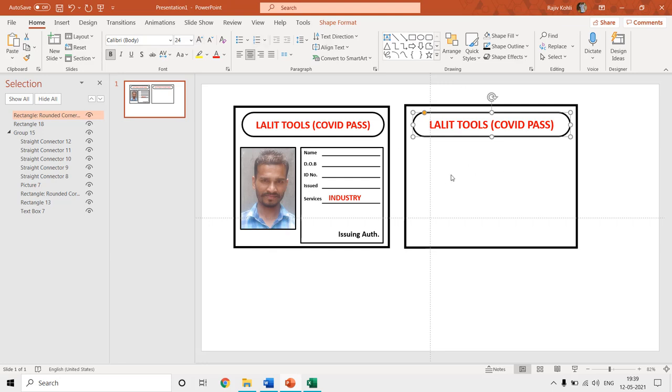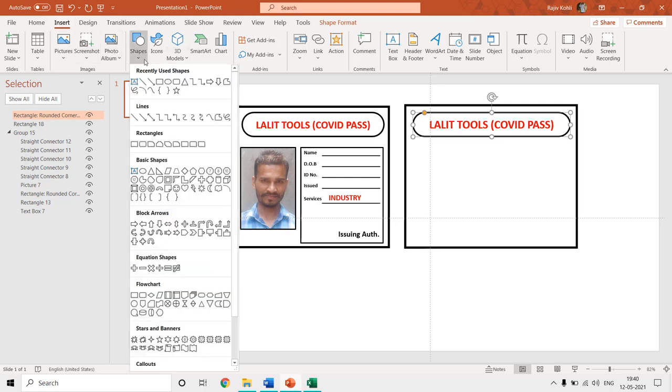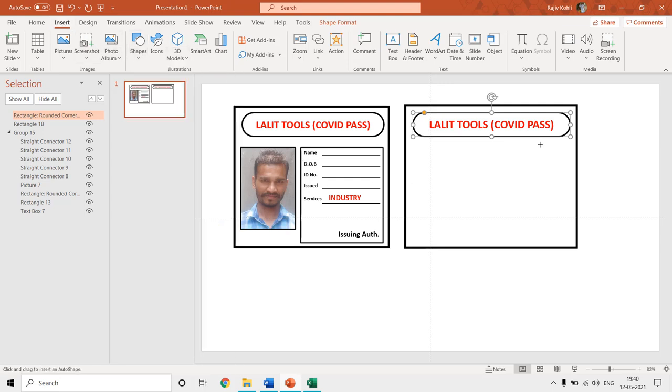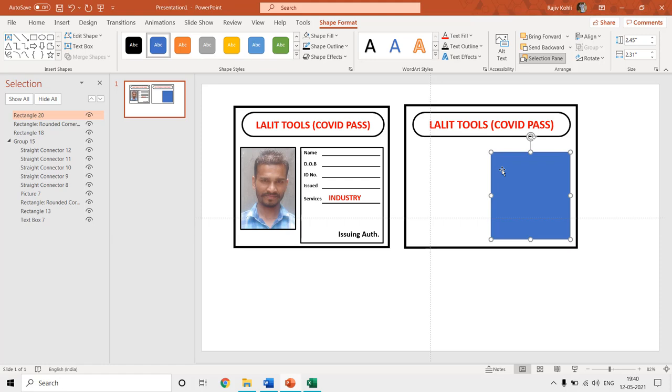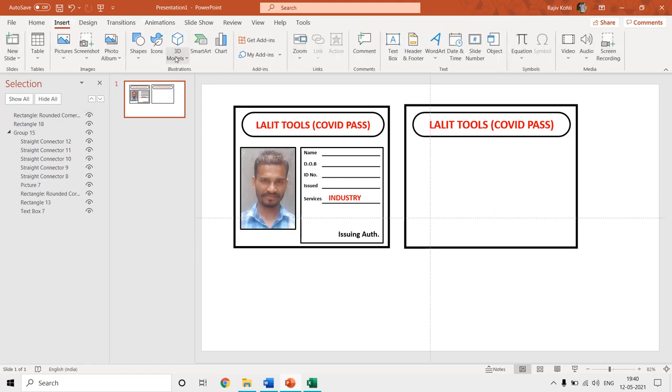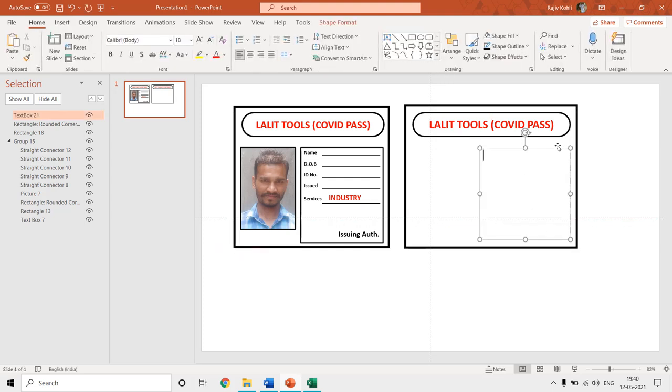That's fine, I think. So here I would like to differentiate one thing, that either you can draw a rectangle for this one like here, and then right click and choose edit text to type text inside the rectangle, or you can also go with the text box here. So if let's say I draw a text box, but what is the difference between both of them, that by default the text box doesn't have any fill color and outline color. So let's say I type some text here,